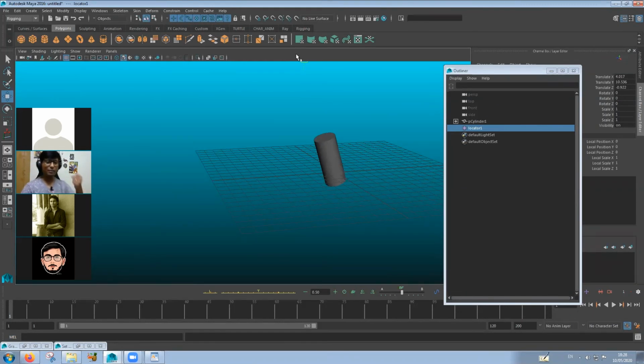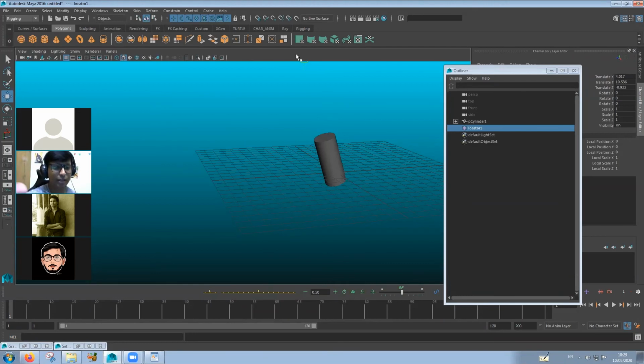So for example, if someone is sitting at the mic, so his mic stand is over here, and he's bending down and picking it up, and all that stuff is happening. So you can use this locator to control. His body will be controlled by you, but you can use the locator to control both hand and the mic stand together. So these type of things will save you time when you are animating in a production setting.